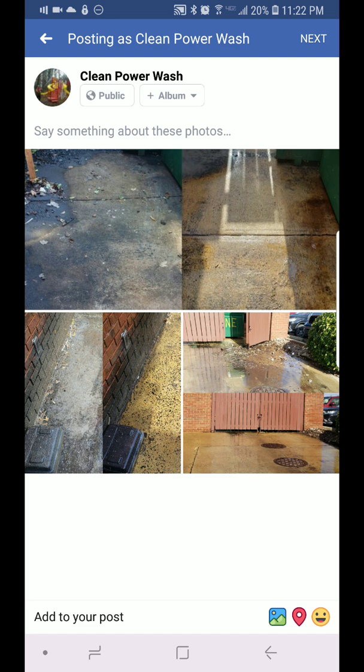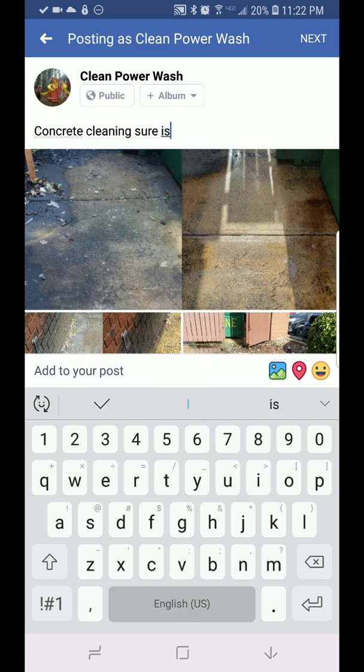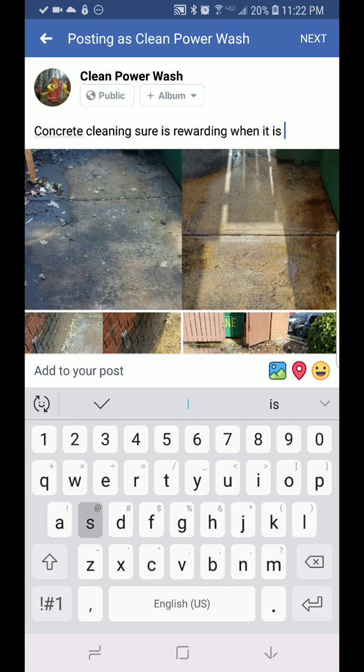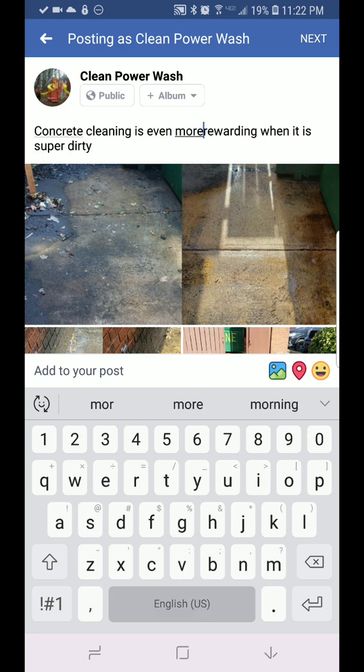This, folks, again, this right here is 3 images. The way that Facebook has set this up, it looks like 1, 2, 3, 4, 5, 6. Really nice layout. Concrete cleaning. Sure it is. Rewarding. Is even more